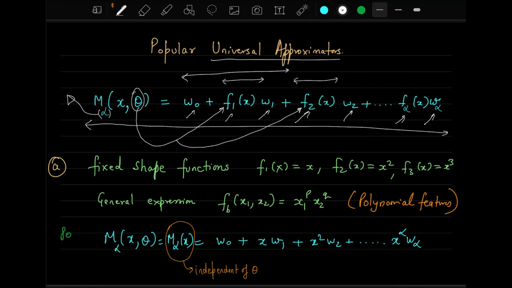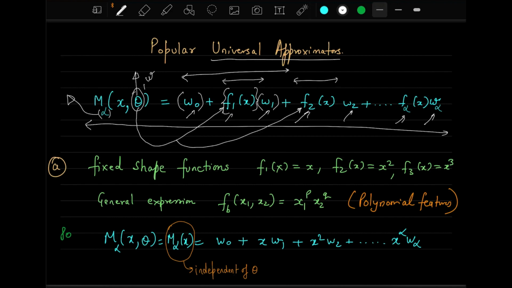We will see this in more detail later, but please note that when I write m alpha x theta, theta is a tunable parameter embedded in this particular function. To be precise, it has to be m alpha x theta and w. I missed it while writing the notes, then realized that it has to be theta comma w, where w is this one.